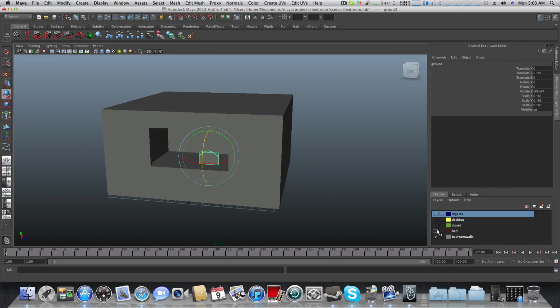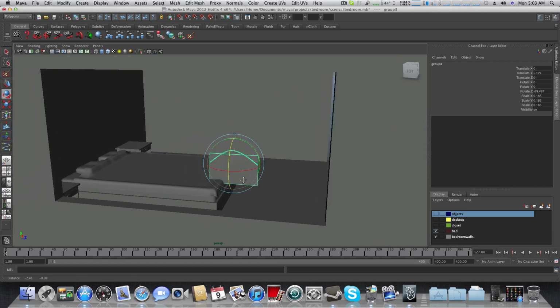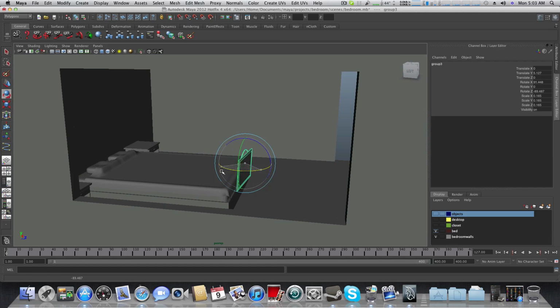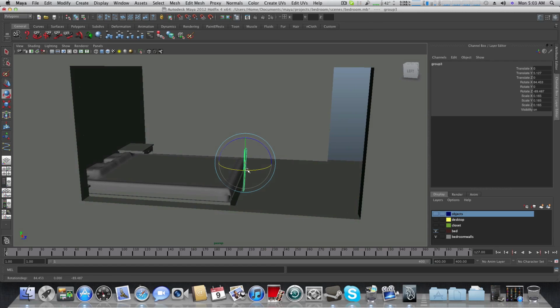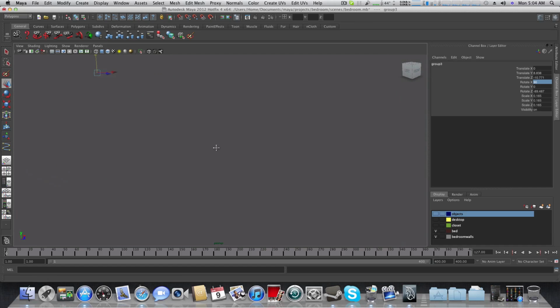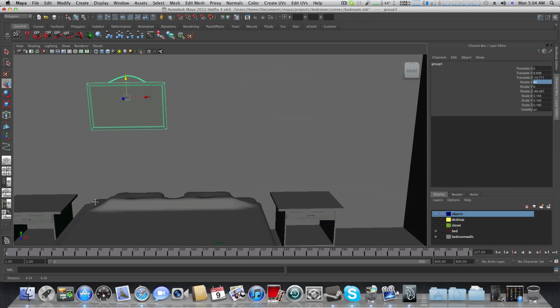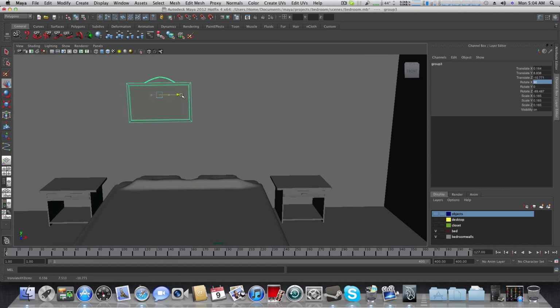So we need the bed to see where it's going to be, and now as you can see I wrote it in the x direction, so I will straighten it to 90 degrees and try to attach it to the wall above the bed, and I think this is